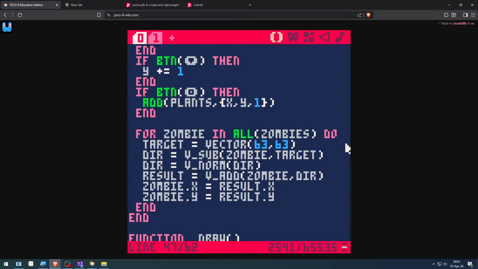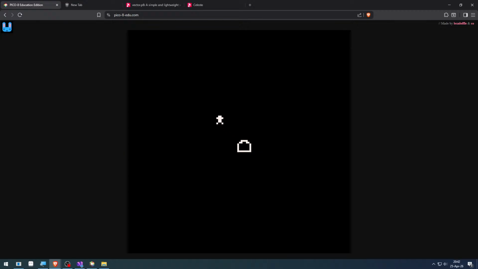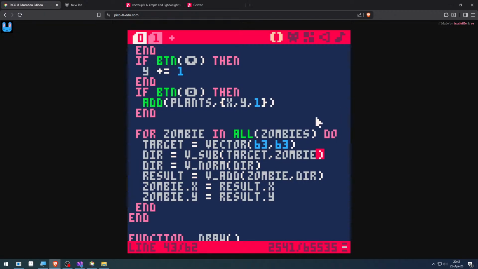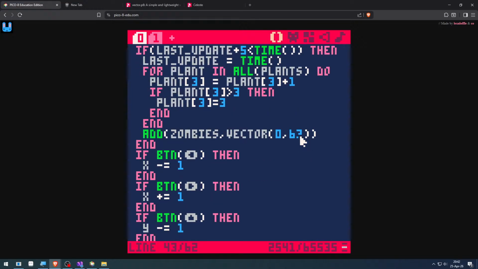Yeah, but it's going in the other direction, so we have to switch these two. And now it should work. Yeah, now it's going towards the house. What next? Next,